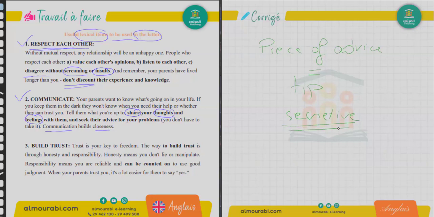Always staying silent. Just keep your secrets for yourself. No. It's your parents you need to share ideas with. You need to share also your feelings. If you are sad, try to communicate, try to express your feelings. Try to tell your parents what's not going well with you. All right, that's the point here. It's communication. It's indispensable.